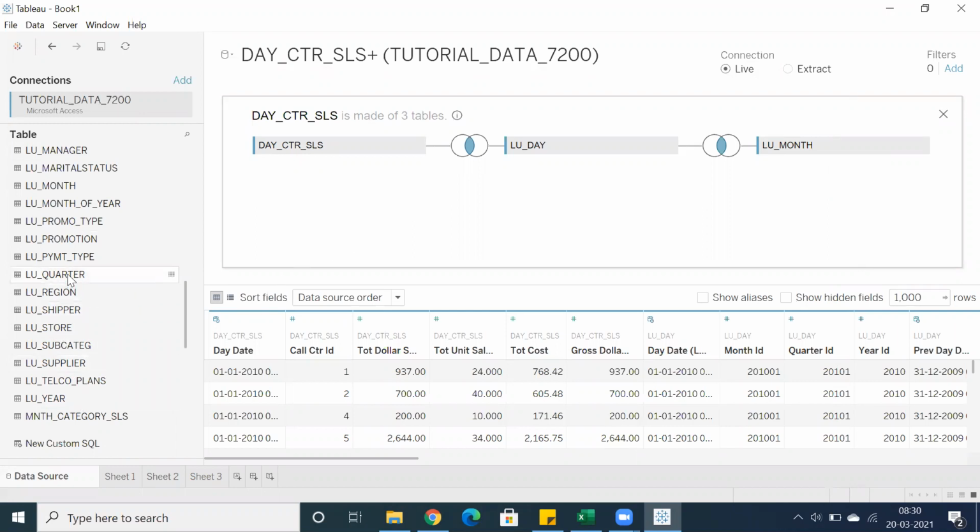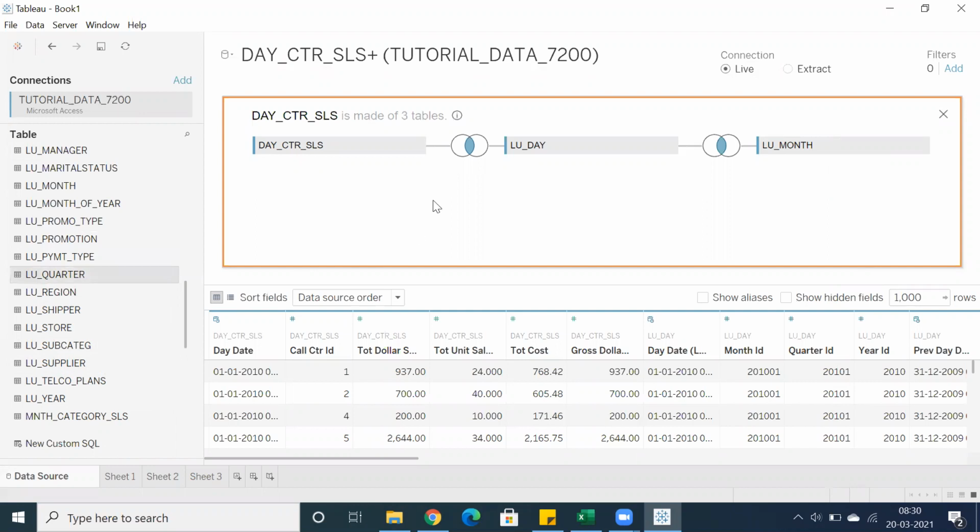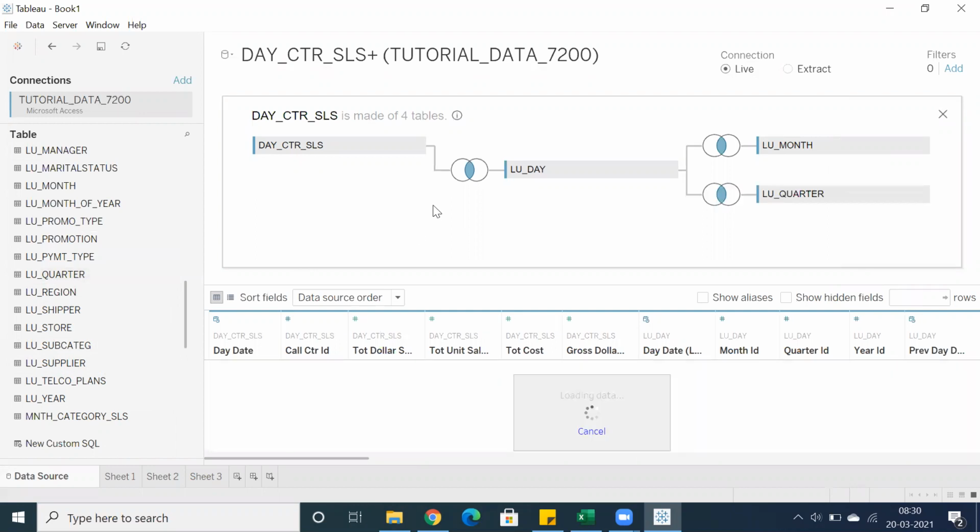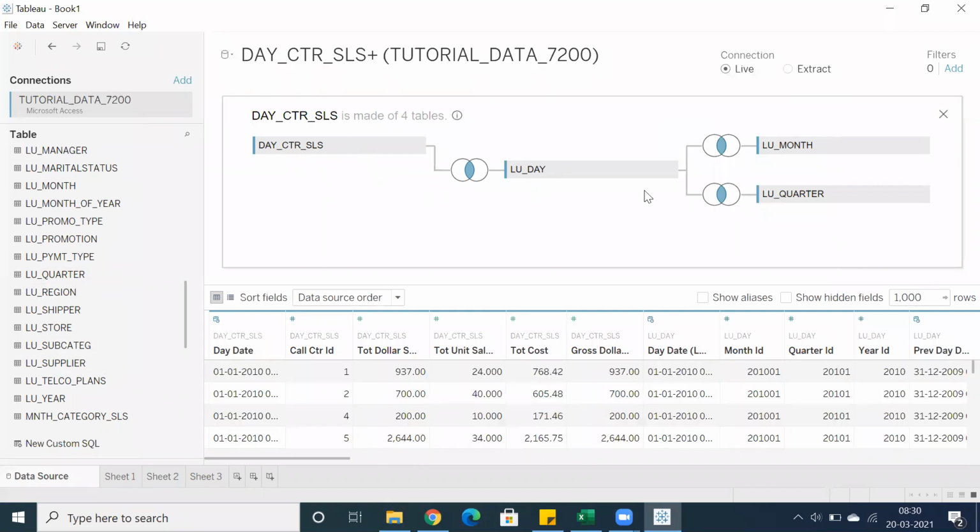When you drag and drop the quarter table here, you can see I'm getting a relationship between the day table and the quarter table, but I want a proper hierarchy: day to month, month to quarter, quarter to year. That's what I mean to say.